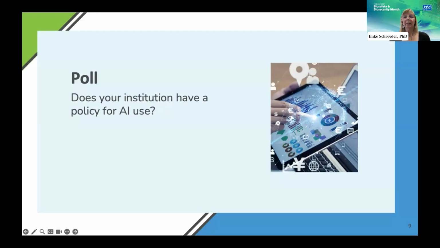It seems that again, about a third of you, 35%, are at institutions that have a policy, but 65% of you are at an institution that does not have a policy, or you may also not be aware that your institution may have a policy. So there is lots of work that still needs to be done by institutions.